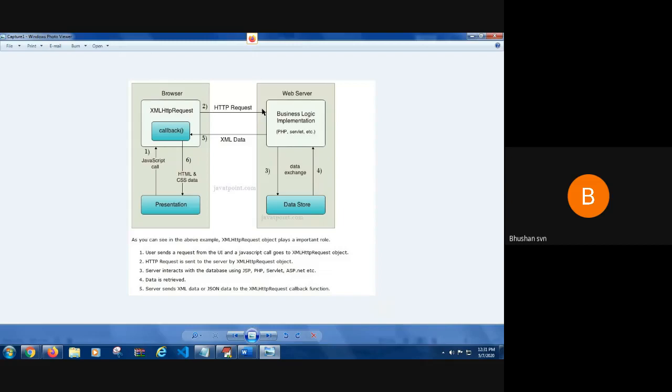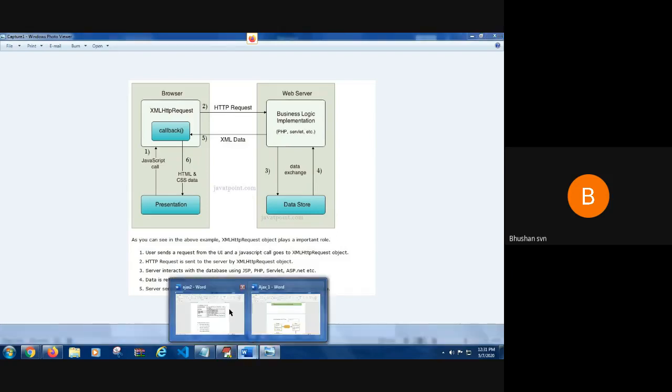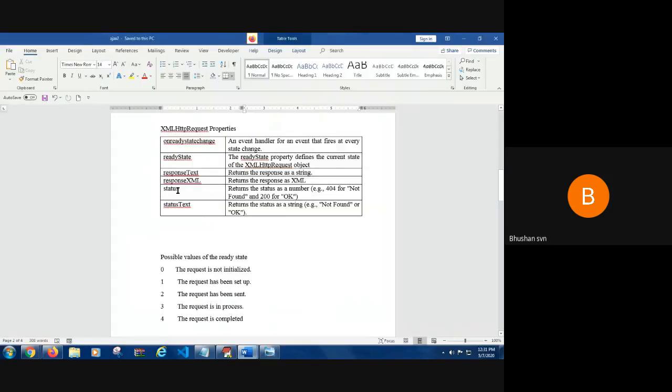So this is a request, this is a response. You can think of the second stage as the HTTP request and the fifth stage as the HTTP response. This response can be XML data or normal text data. If I want to return only the text data, I use responseText. If I want the output in XML format, I go for responseXML.